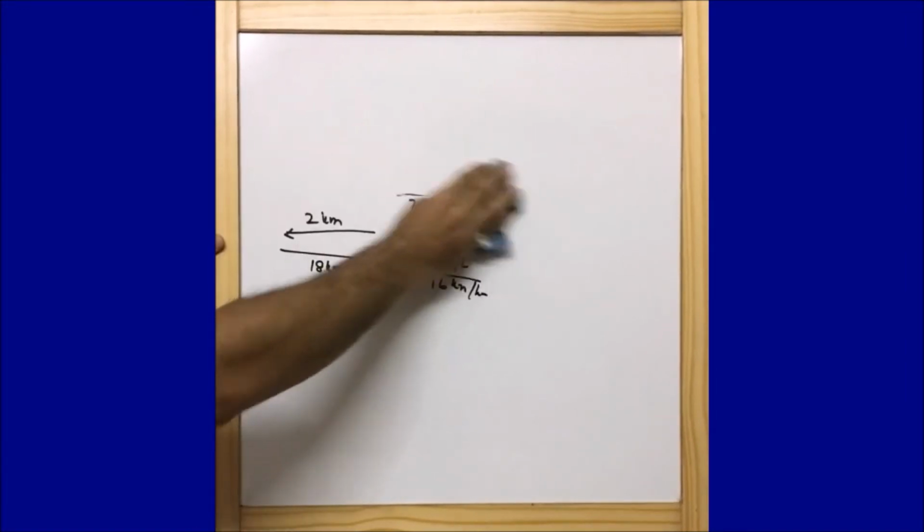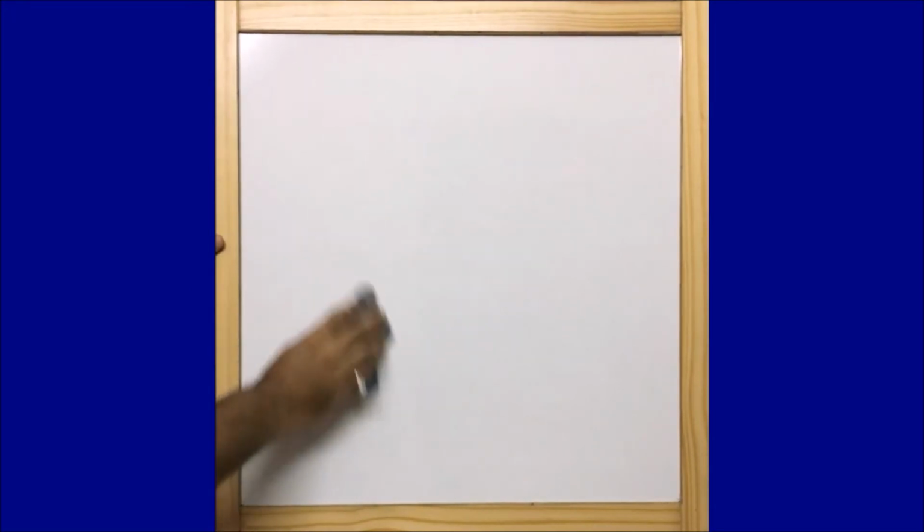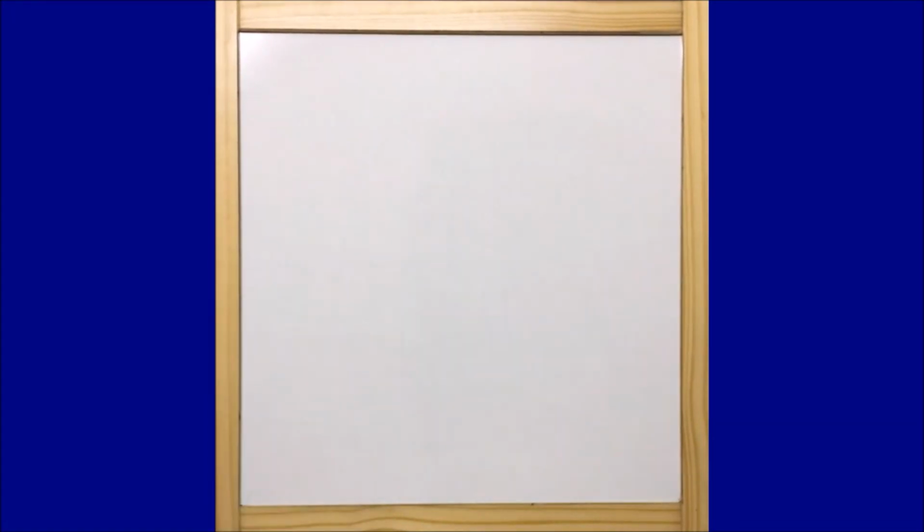Guys, this question we need to understand. If we do not understand it in a proper way, then we might end up making a mistake and wrong calculations. Here the question is to find the speed of the stream. It is asking us to find the speed of the stream.